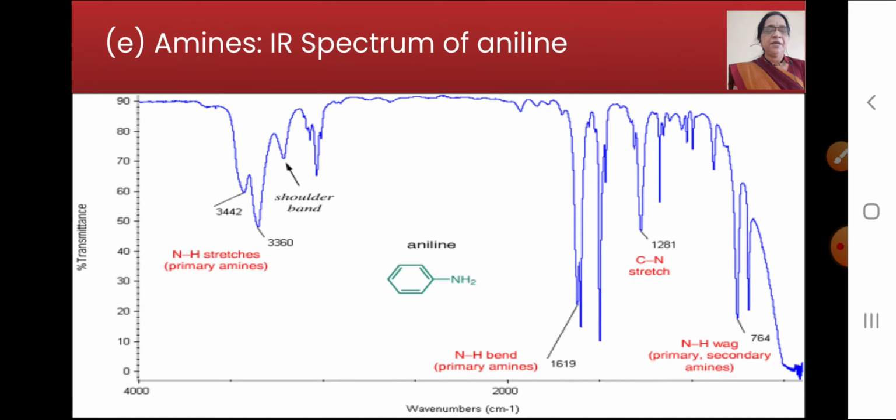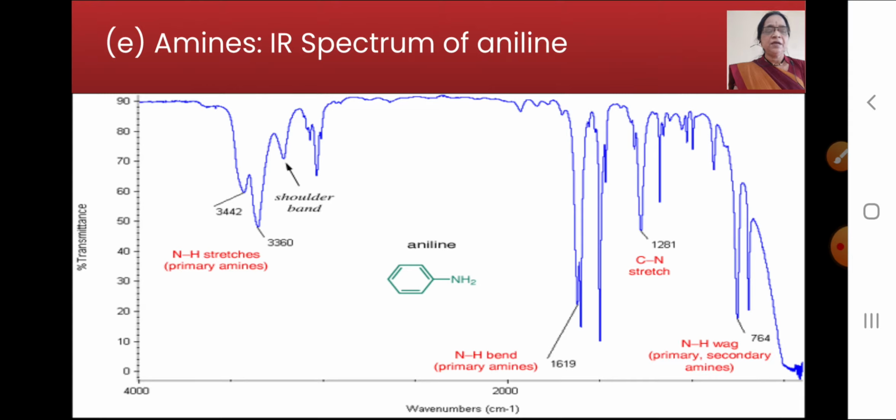The primary amines show two NH stretching bands in the range of 3500 to 3300 per centimeter, whereas secondary amines show only one band in that region, while tertiary amines do not show any NH stretching band in the spectrum. The NH stretching is a doublet for primary amines and a singlet for secondary amines,